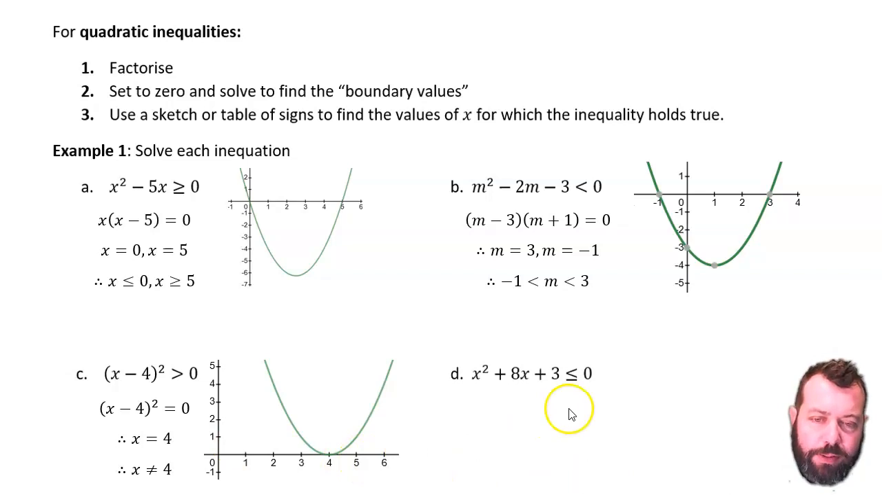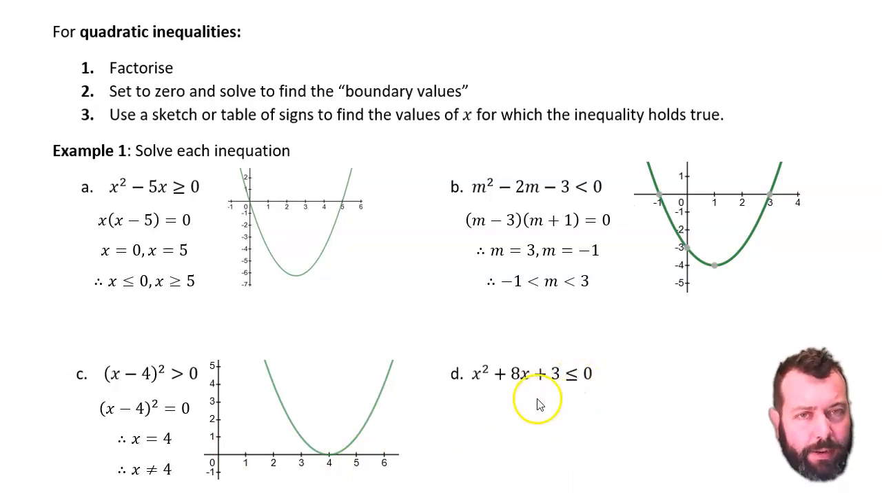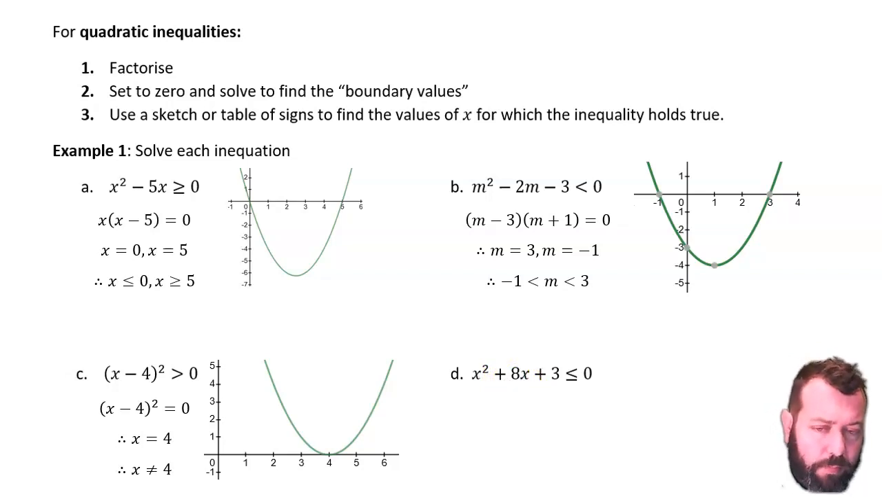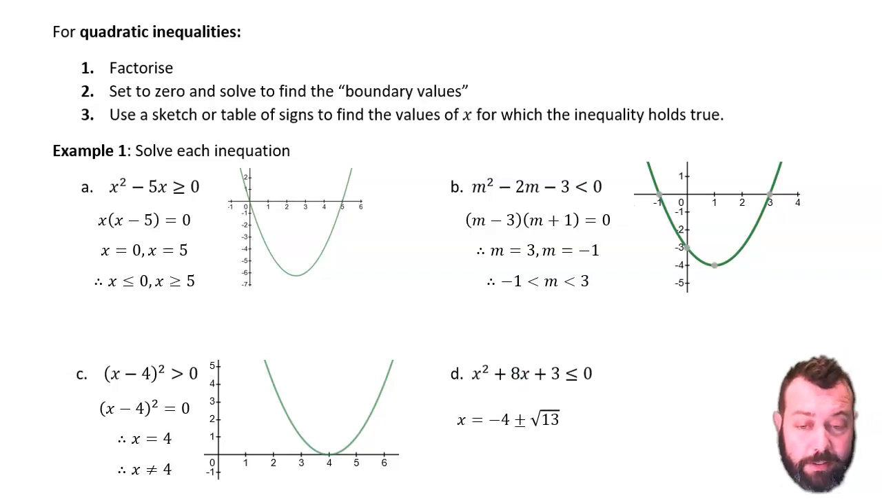x squared plus 8x plus 3 is less than or equal to 0. Now, you can try factorising that, but you're going to see, if you use the discriminant, that I get an irrational number. So it does have 2 roots, but they're not rational. So I'm going to use the quadratic formula, and I find that x is -4 plus or minus square root